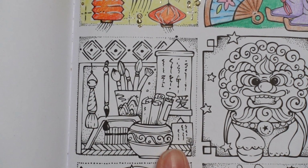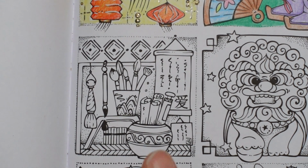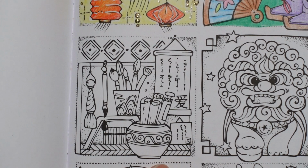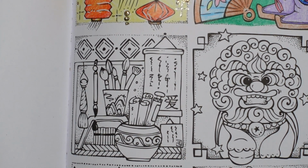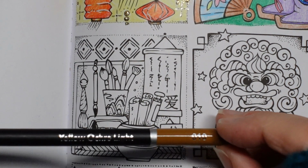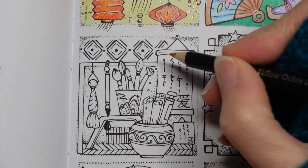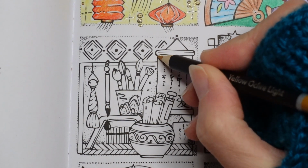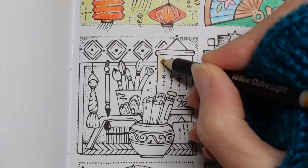We have this really interesting picture today. I'm trying to have a little look and work out quite what's happening. We've got quite a few pieces of parchment and I'm thinking I'll do those first and then I'll know sort of where I'm at. So I'm going to use the yellow ochre light. Now what I think this is all a sort of ink writing